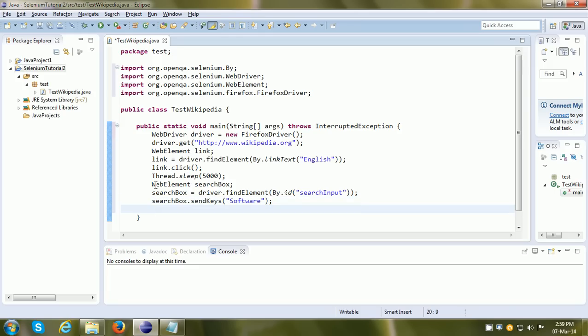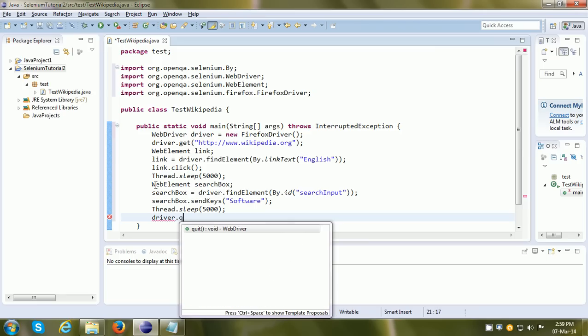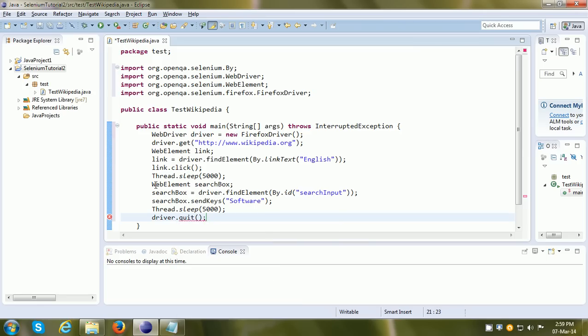Then again I want it to just wait for some time, so I am going to put another sleep for 5 seconds, and meanwhile it can wait, and after that I just want to close the browser instance of WebDriver. So I give driver.quit.